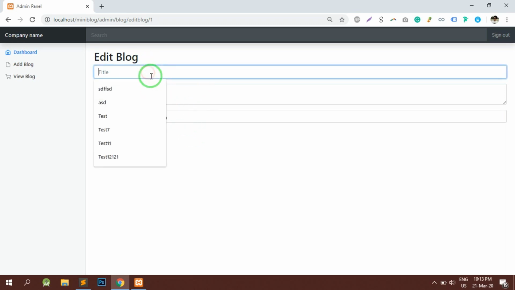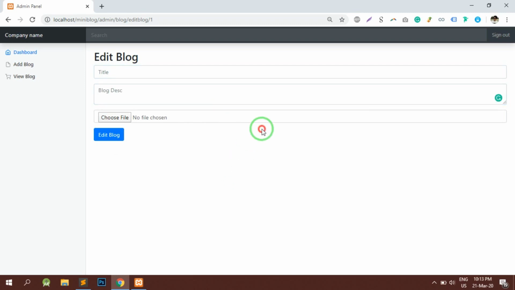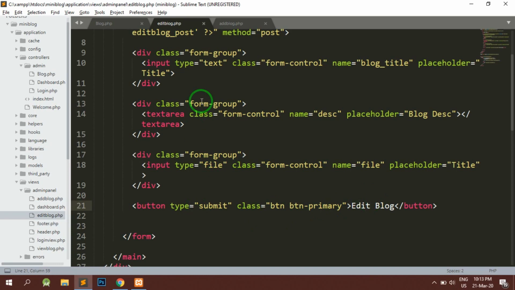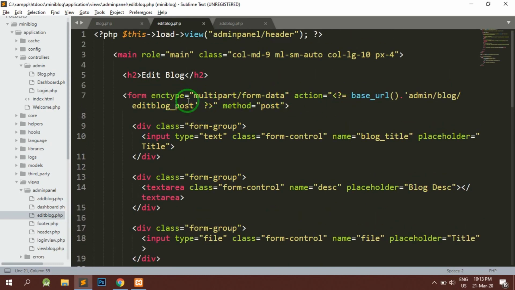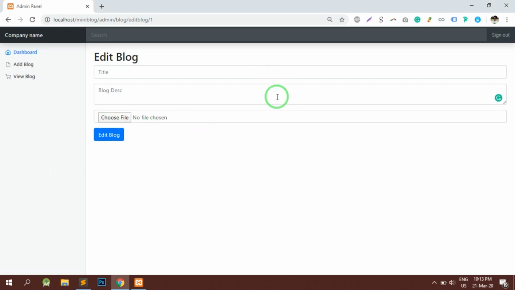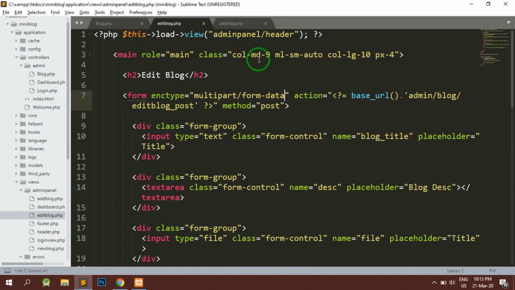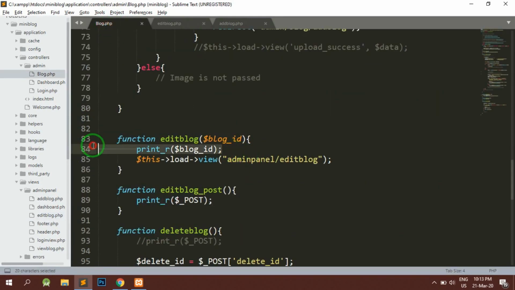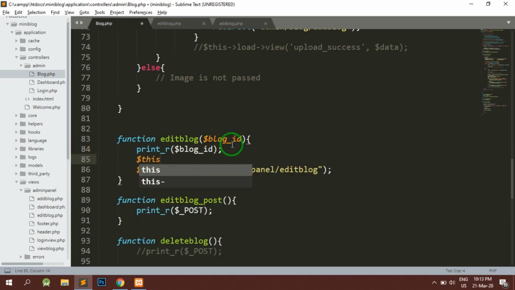Now here first of all we need to fill the data. Whatever data we have, we need to fill the data. And the second thing is the form should be a multi-part form data, and it is a multi-part form data. So first of all, let's fill the data here. So here if you notice, we have the blog ID with us. So we have the blog ID, so let's hit a query